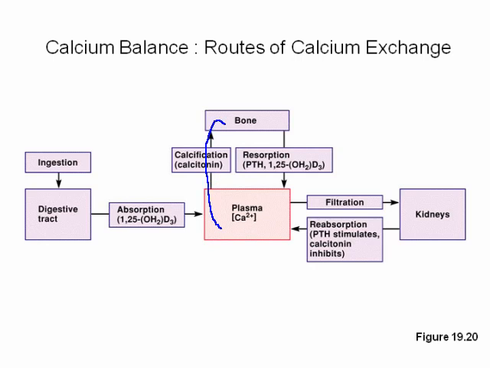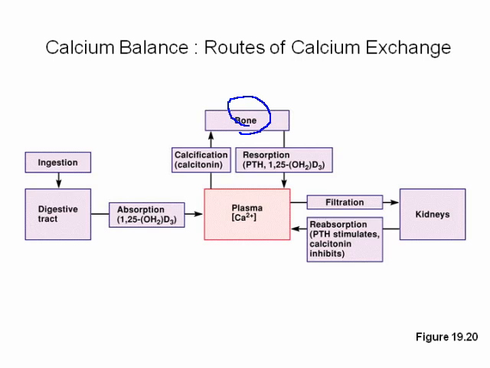Now, calcium can move into bone through the process of calcification, which is regulated by calcitonin, and calcium can be resorbed from the bone. Notice this is not reabsorption, but the term is resorption, by parathyroid hormone and, again, vitamin D3. So calcium and bone play a very dynamic relationship in terms of bone as a repository or reservoir, storage depot, if you will,